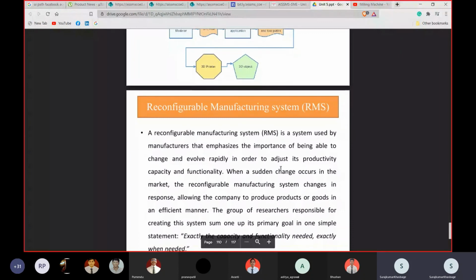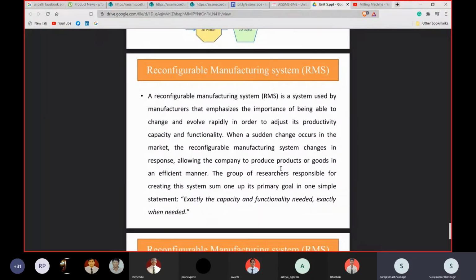Then there is a term, reconfigurable manufacturing system. It means making a manufacturing system so that with a certain change in the design of the component, by making changes in your system, you can change the manufacturing process. ठीक है, आपने देखा होगा ऑटोमोबाइल की असेंबली लाइंस, जहाँ पे नंबर ऑफ ऑटोमोबाइल साइमल्टेनियसली बनाए जाते हैं. Suppose right now one model of automobile is being made, then there will be some different arrangements of the machineries.